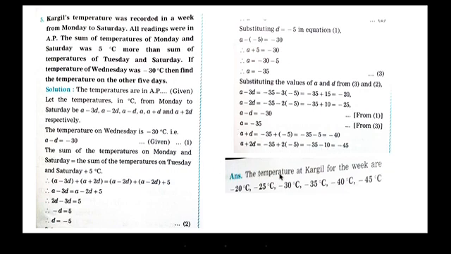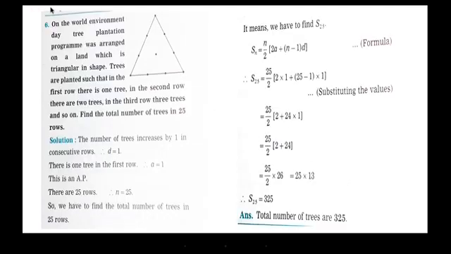Okay, so the temperatures of Kargil for the week are minus 20 degrees Celsius, minus 25 degrees Celsius, minus 30 degrees Celsius, minus 35 degrees Celsius, minus 40 degrees Celsius and minus 45 degrees Celsius respectively from Monday to Saturday. Sixth one,